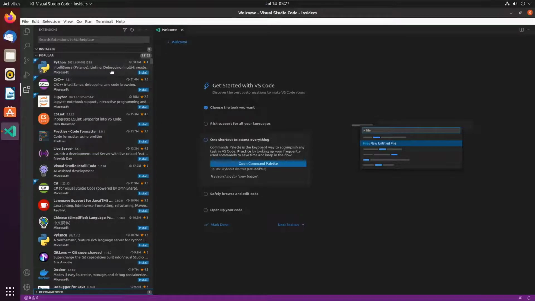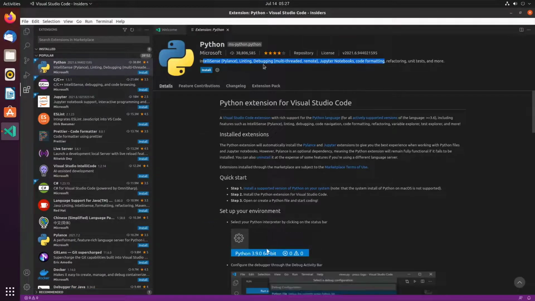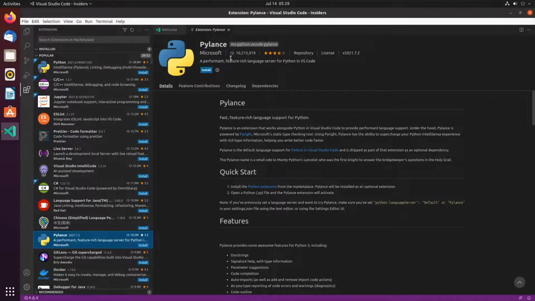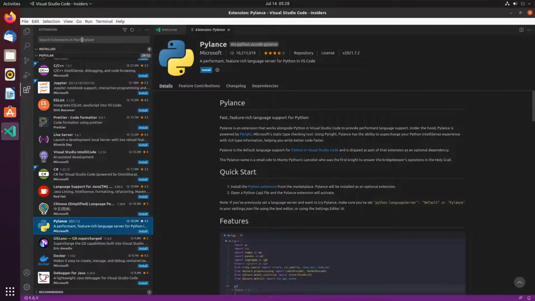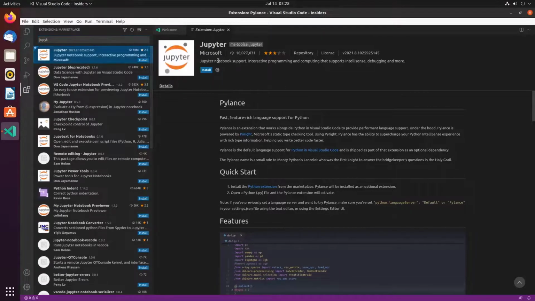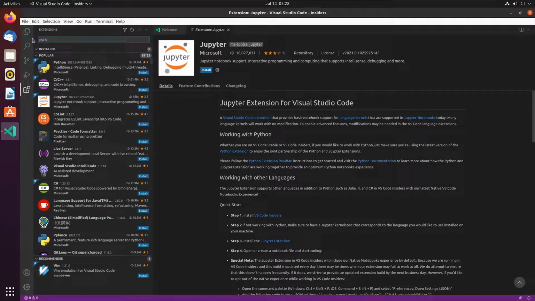Because we are going to set up for Python, we can install the Python extension, which will provide IntelliSense, linting, debugging, and all those supports. It will also install Pylance. All these extensions are from Microsoft. Along with that, it will install Jupyter, so this as well will get installed if you just check for Python.